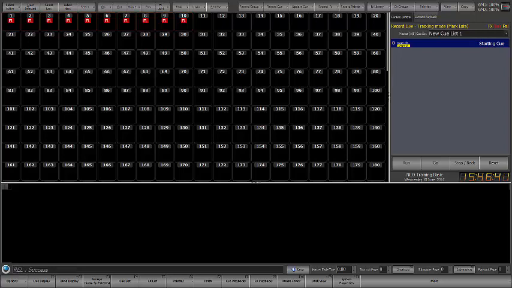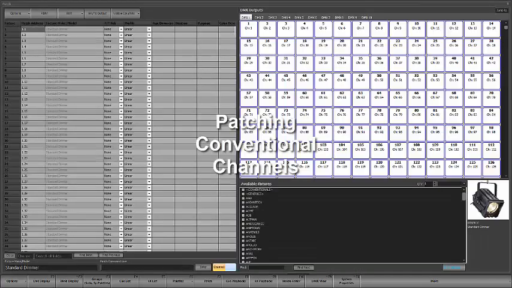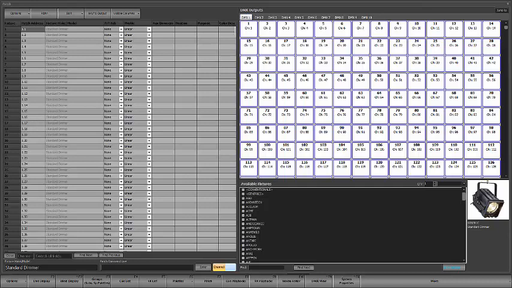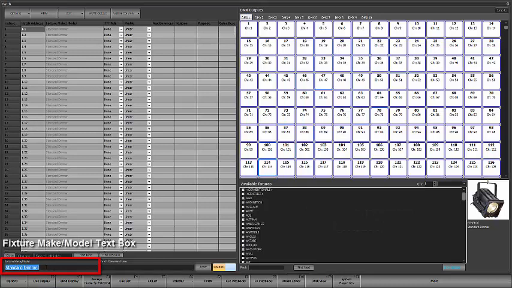I'm going to release all these channels that I have selected by hitting the release key, and we're going to go into patch and take a look at patching conventional channels first. If you look on the left, you have your area for fixtures, on the right your area for outputs, available fixtures from the libraries bottom right, and toward the bottom you've got your fixture make and model box for the type that you're patching, and your patch command line. We've started with a one-to-one patch for the capacity of this system, which is by default set at 1,000